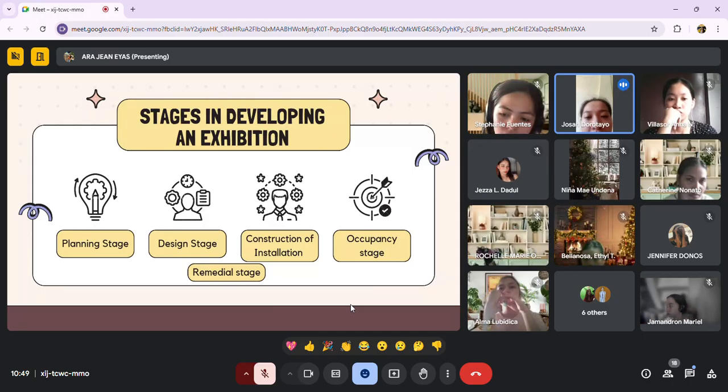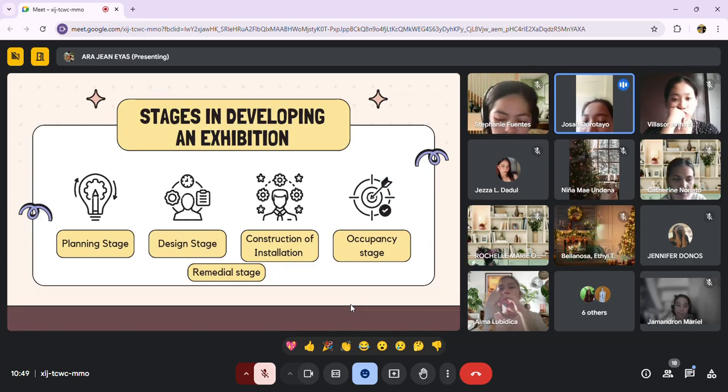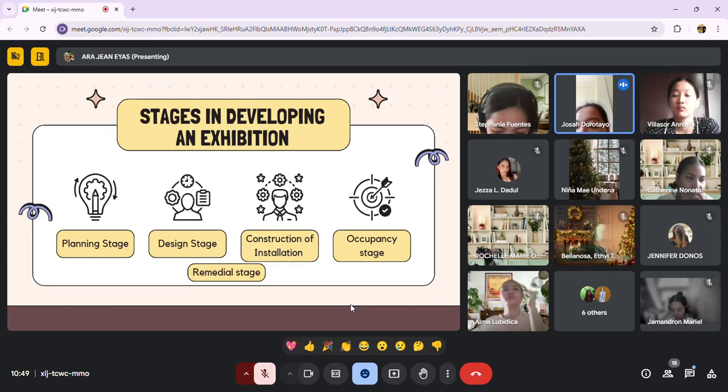Okay, so the next one is the design stage. The design stage focuses on the preparation, designing and development of the venue, including the layout, objects, sequencing, lighting, signage, multiple panels and orientation.